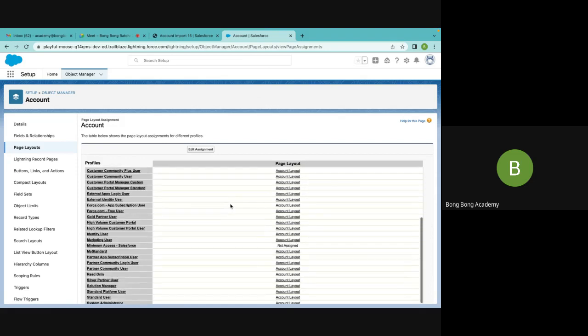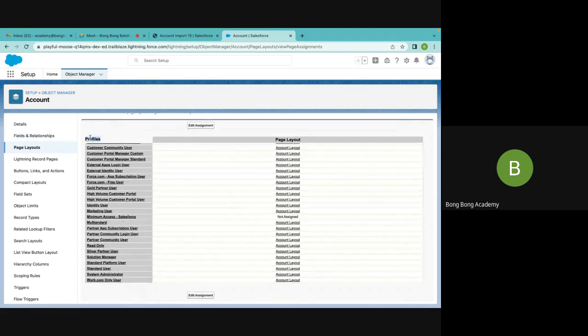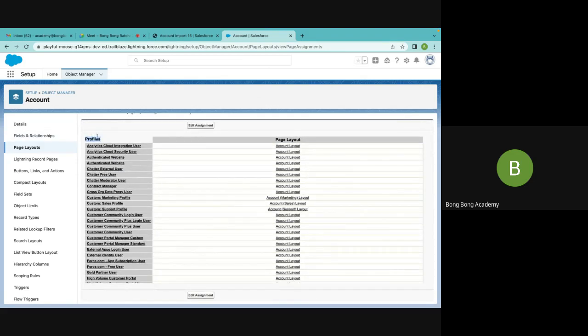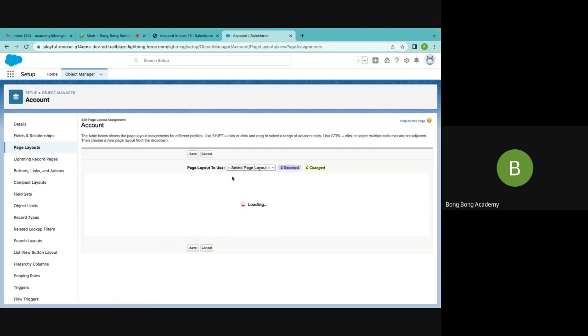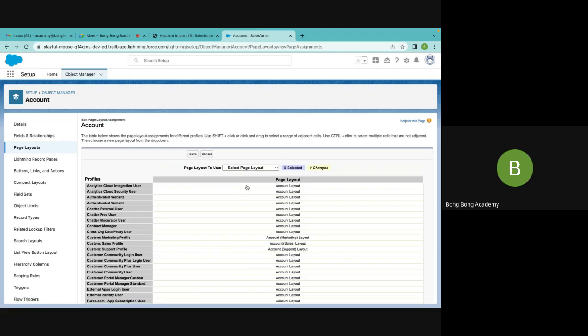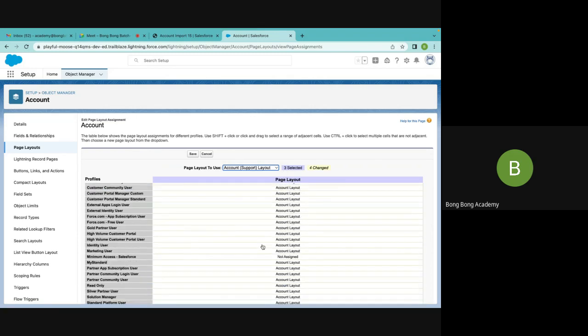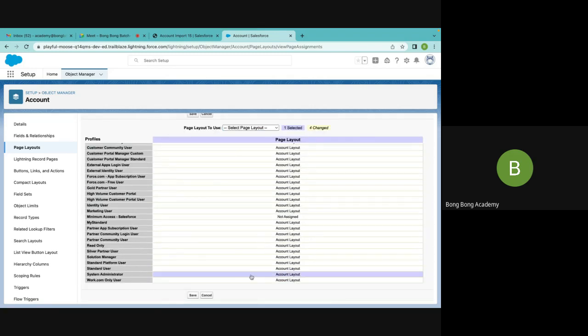এই দেখো, this is profile. What is profile? Profile is user type. We will get into details about profile. So what is my profile? System administrator. And I am using account layout. I can go and change this. Individually এগুলোকে গিয়ে চেঞ্জ করতে পারি বা কন্ট্রোল চিপে মাল্টিপল এগুলোকেও আমি চেঞ্জ করতে পারি। ক্লিয়ার? সিস্টেম অ্যাডমিনিস্ট্রেটর সবসময় যে অ্যাকাউন্ট লেআউট ইউজ করবে এরকম কোনো গ্যারান্টি নেই। আমি গিয়ে নিজেরটাই চেঞ্জ করতে পারি কিন্তু।